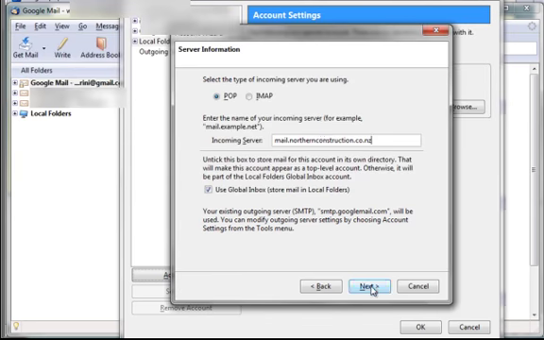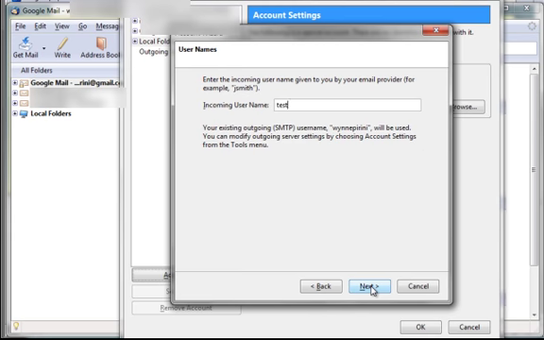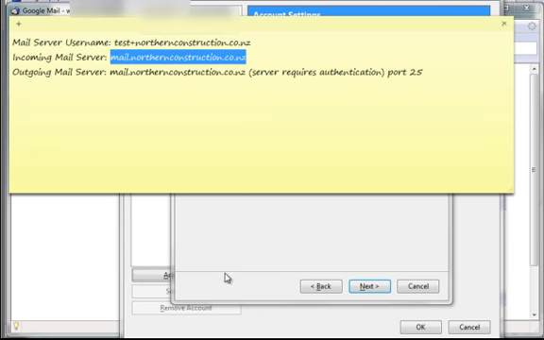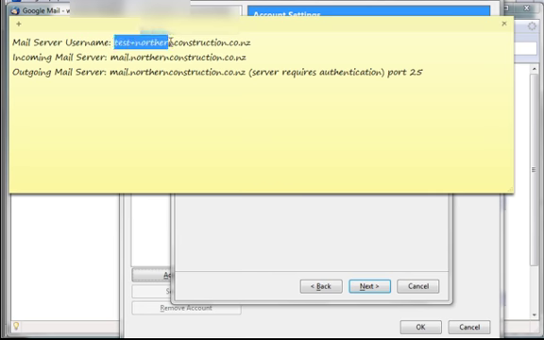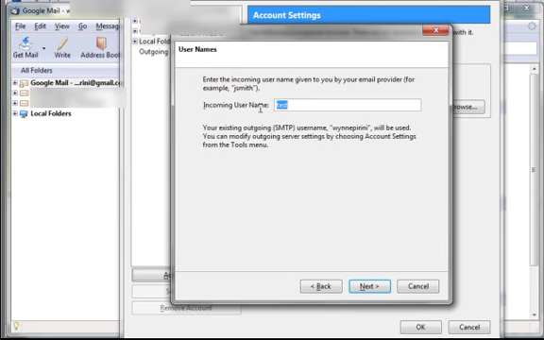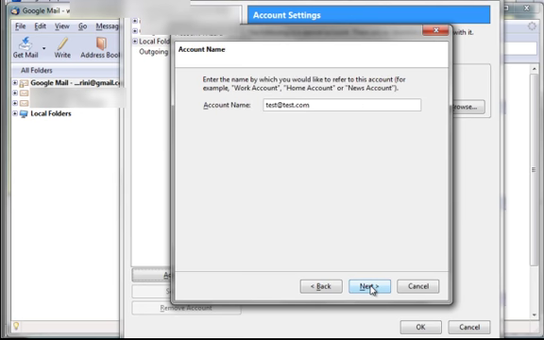Then I'm going to click next, and then the incoming username. So there's our username, the first value that we've got there. So we grab test plus your domain name. It's generally the syntax, but it can be a little bit different. Some servers use slightly different setups. So that's the incoming username, and I click next, and then the account name,